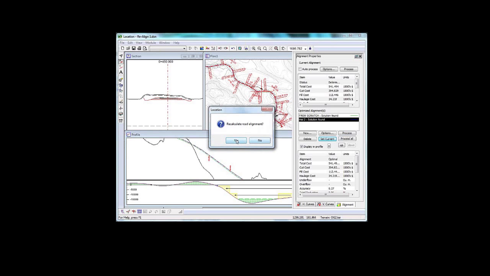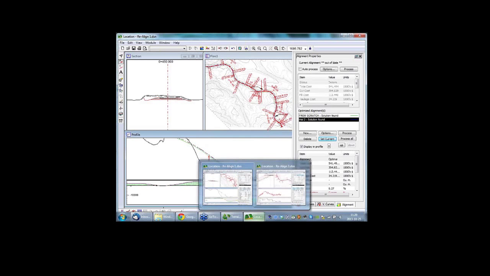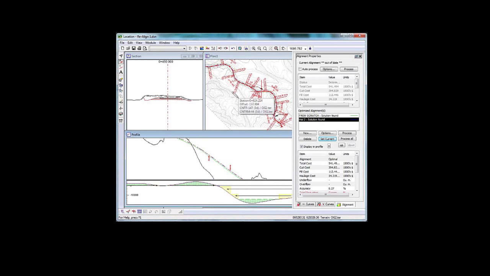Let's set it current and recalculate. And now the cost is going to be a little bit higher. We'd expect $541 instead of whatever it was before. Okay. Let's try some what-ifs. How good is this tool for allowing you to change horizontal alignments? Find the optimal